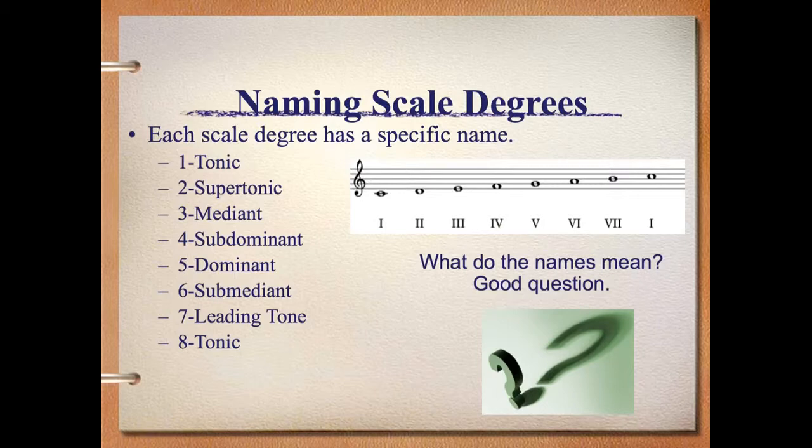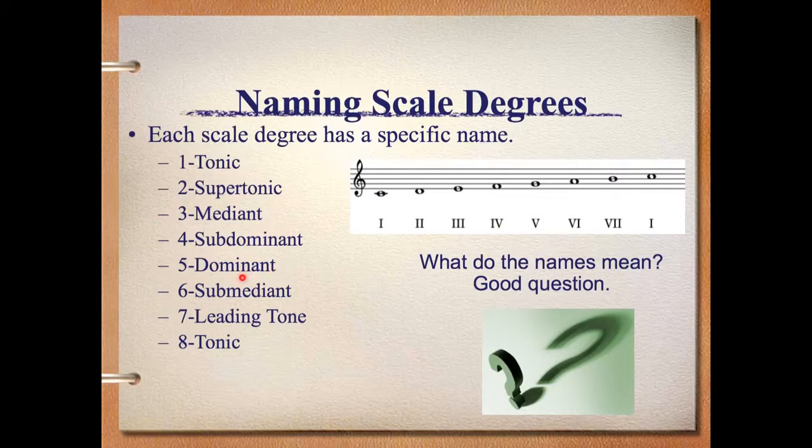But the most exciting thing about this is that each scale degree has its own name and its own function within the scale. A tonic note, we've already talked about, is 1 or 8. But all the other notes have their own names and their own functions. Supertonic. Super is from the Latin word super, which means above. So scale degree 2 we call above tonic or supertonic. The mediant note, that comes from another Latin word, mediare, which means in the middle. So when we have our tonic triad, tonic note, mediant note, dominant note, the mediant is right in the center.